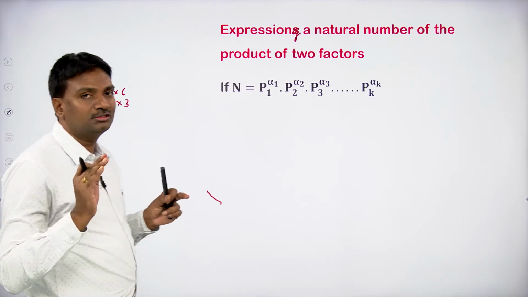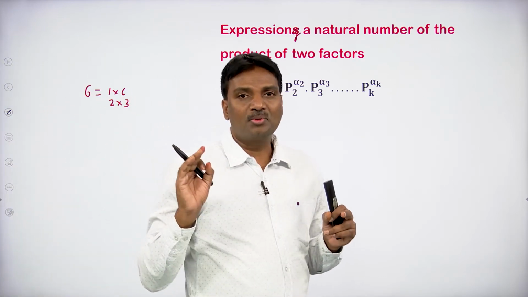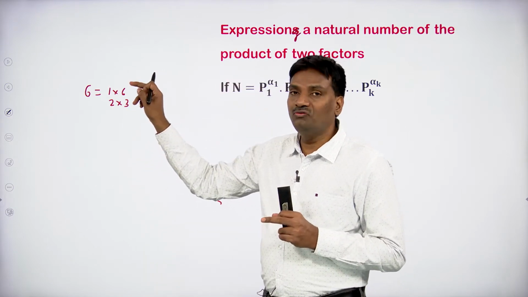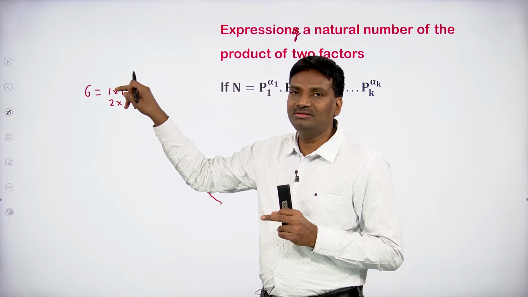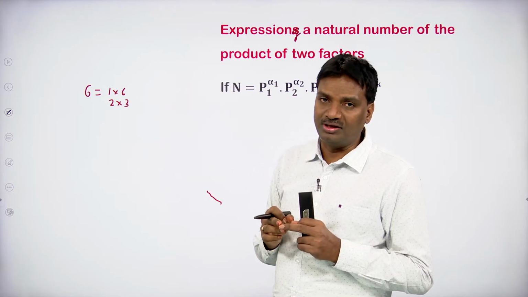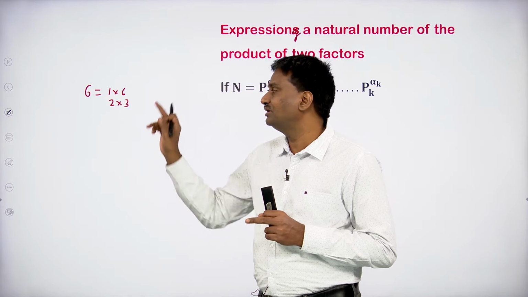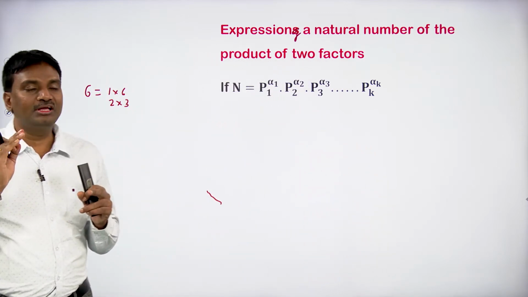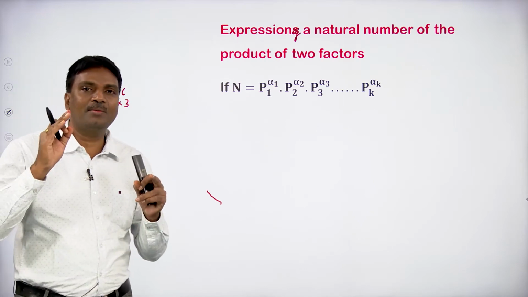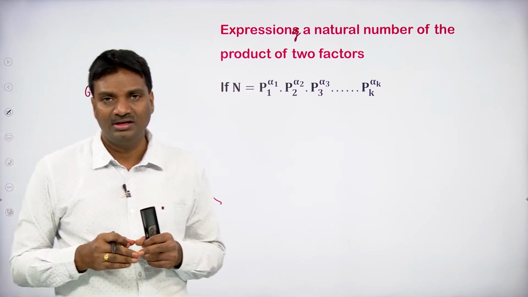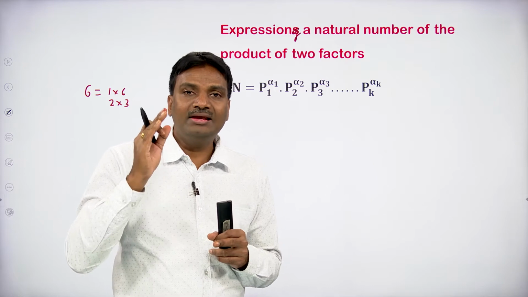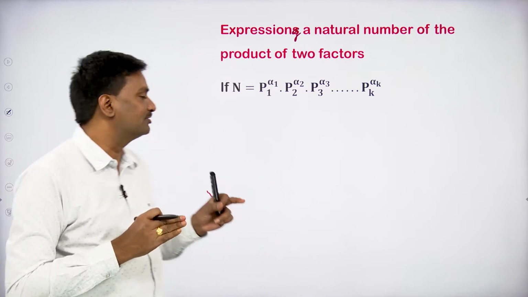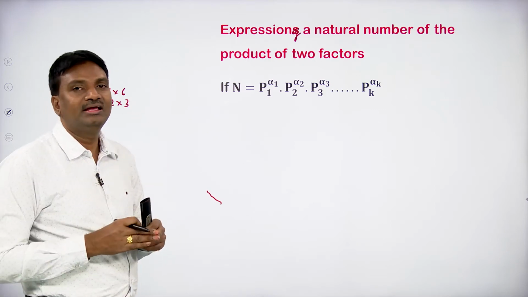So, since 6 is the small number, by writing the product of two factors, we can say there exist two ways for expressing the number 6 as the product of two factors. The first one is 1 into 6 and the second one is 2 into 3. In two ways, we can express the number 6 as the product of two numbers, where clearly 6 is the small number. So, that is why we can express 6 as the product of two numbers like this in general method.